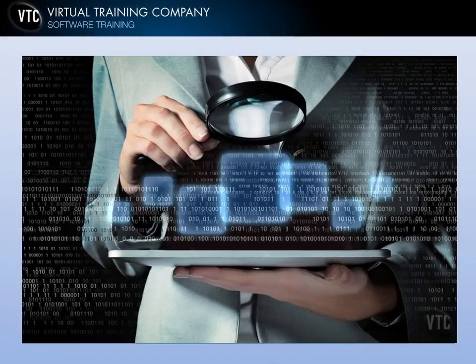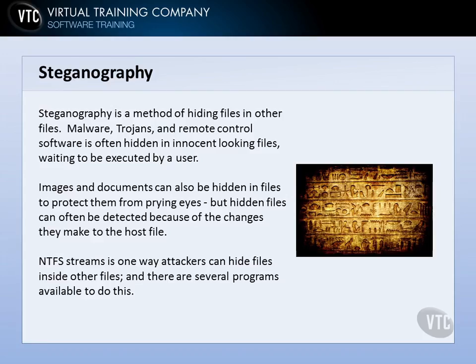One technique that hackers often use to get malware onto a system is the use of steganography. Steganography is a method of hiding files inside other files, so they're hidden visually and people don't typically see them. In fact, they're often hidden from other programs as well. A hacker can hide malware, trojans, and even remote control software in innocent-looking files just waiting to be executed